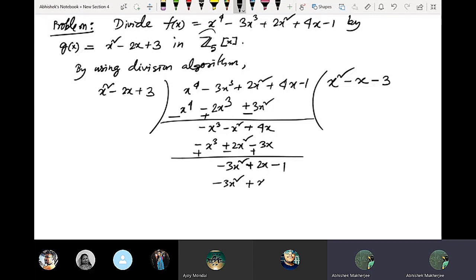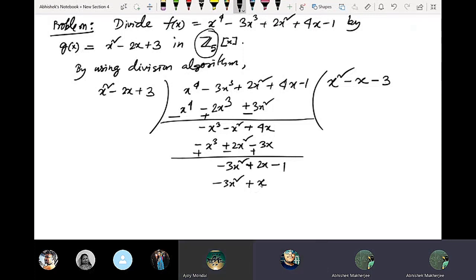But we are in the field Z5. So it must be x. বোঝা গেল? So 2x কি করে আসছে? এই দেখো 3 into 2 it is 6. Now we are in Z5, modulo 5. তাহলে 6 equivalent to 1. আচ্ছা।